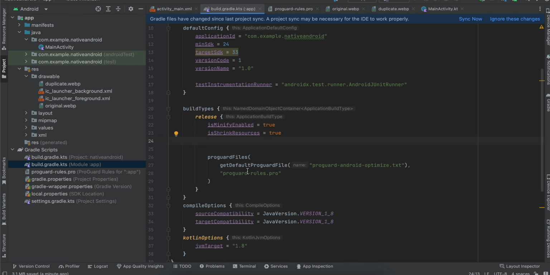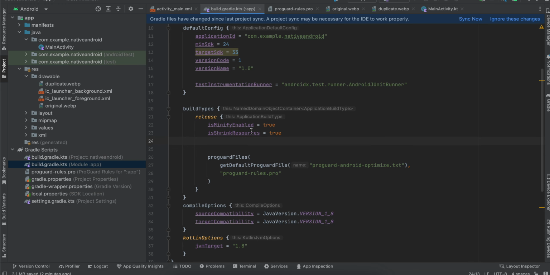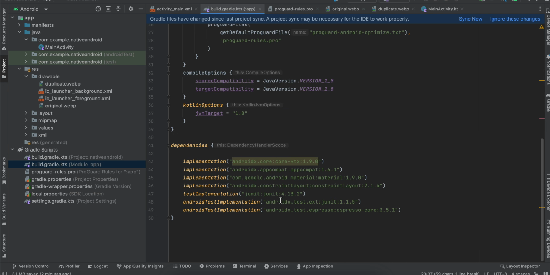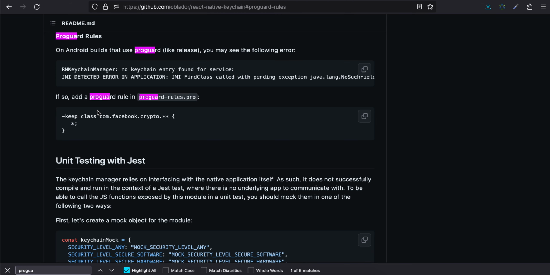Suppose I have included some third-party dependency. I will give you an example. This is a React Native dependency, but it applies for native Android as well. Once you enable these two, and suppose you have included some third-party dependency, then you will have to check the documentation of your third-party dependency, whether it specifies anything about ProGuard or R8. So here is an example. It specifies that if you enable minifyEnabled as true, and you are using ProGuard, you will have to